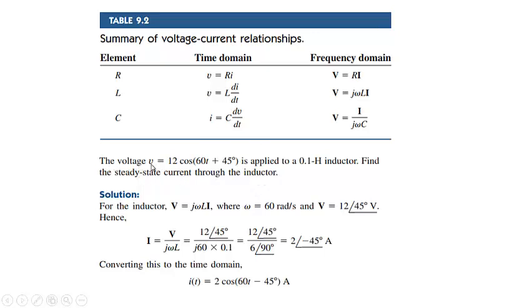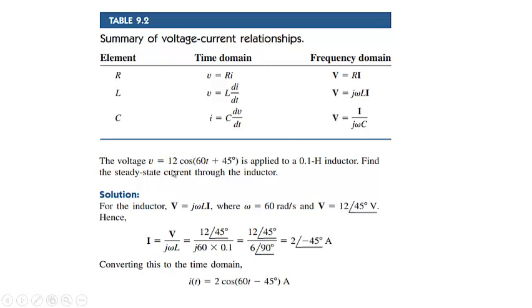So let us say the voltage v equal to 12 cos(60t + 45 degrees) is applied to an inductor whose value is 0.1 Henry. Find the steady state current through the inductor. So first we need to find out the steady state current. So what is the value of L? V is given to be,